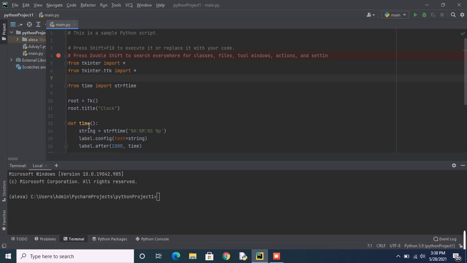The string is nothing but basically values. So the string is equal to strftime. These are some codes again, and the label config is equal to text is equal to string, and label after is equal to 1000. So 1000 is nothing but 1 second, starting from now when I run this program.